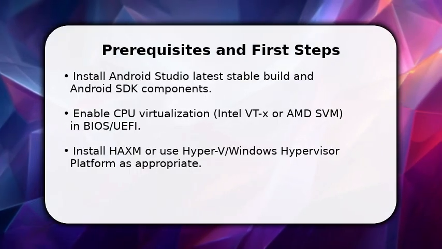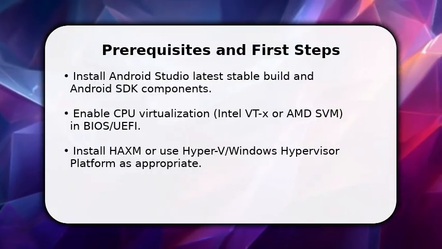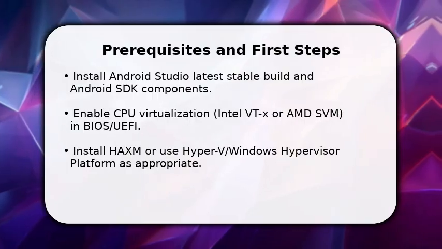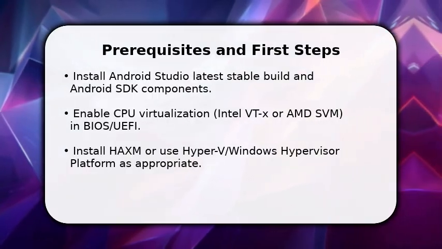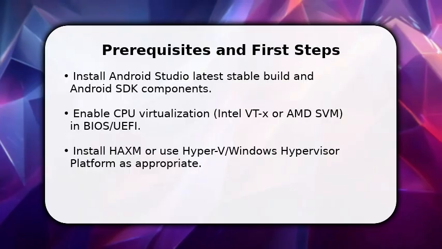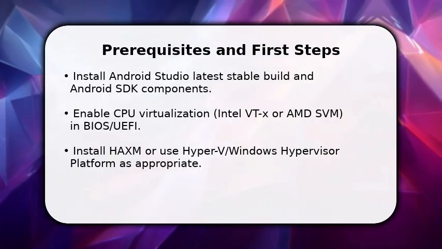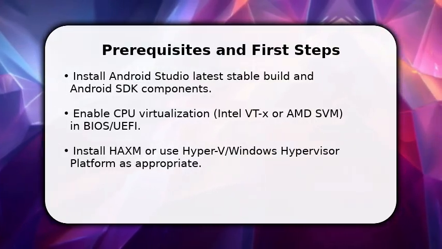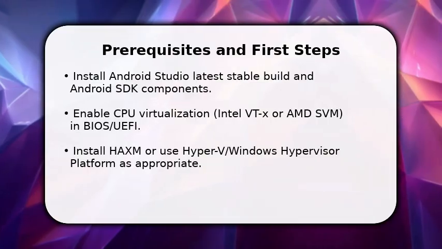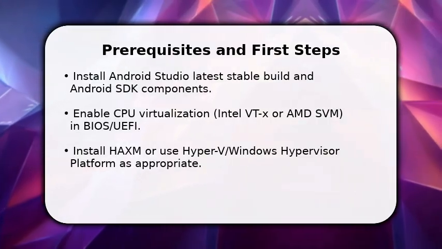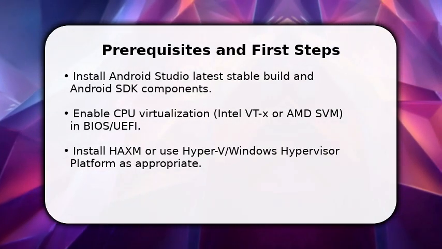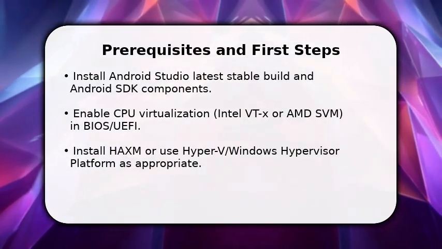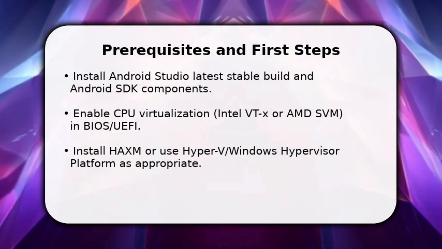You start by confirming prerequisites so the emulator runs reliably. Install the latest Android Studio and SDK, then reboot into BIOS to enable CPU virtualization. This gives the emulator native performance. Once done, open SDK Manager and install the Android emulator and recommended system images for the target API level. Make sure to choose HAXM on Intel or enable Windows Hypervisor Platform for Hyper-V on Windows, because the emulator needs